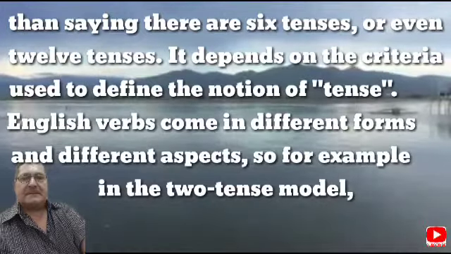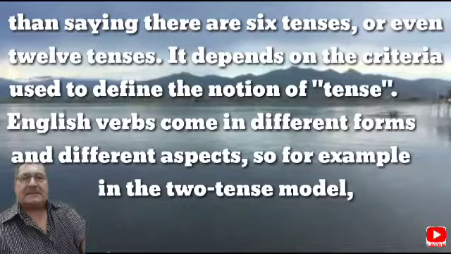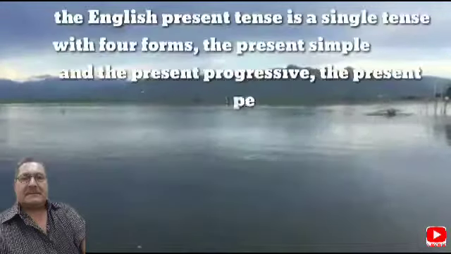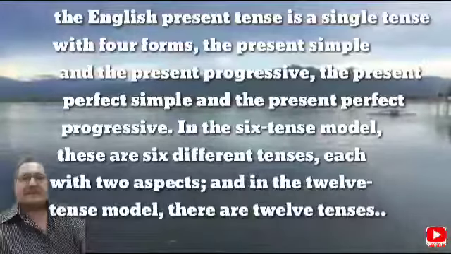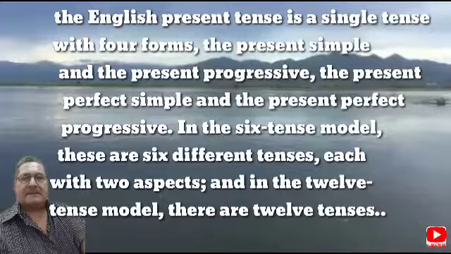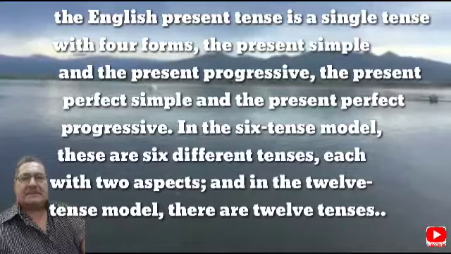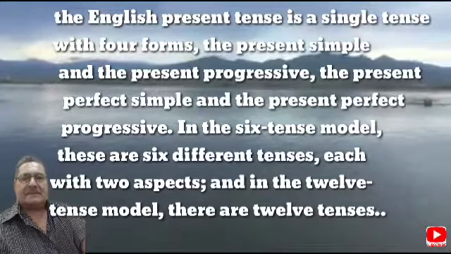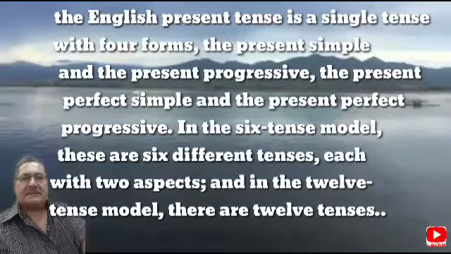English verbs come in different forms and different aspects. So for example, in the two tense model, the English present tense is a single tense with 4 forms: the present simple, the present progressive, the present perfect simple, and the present perfect progressive. In the 6 tense model, these are 6 different tenses, each with 2 aspects, and in the 12 tense model